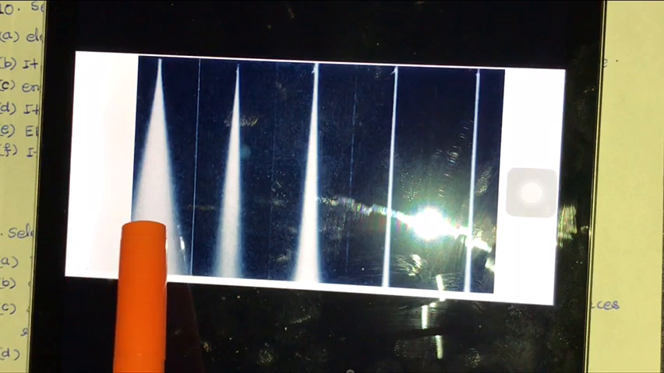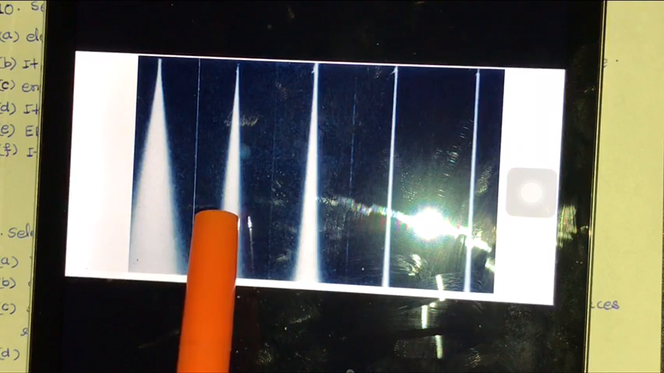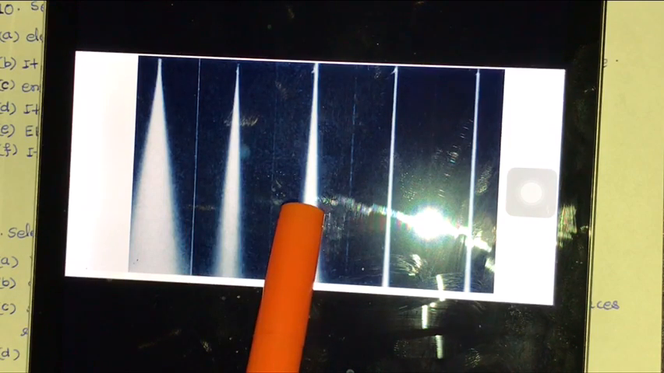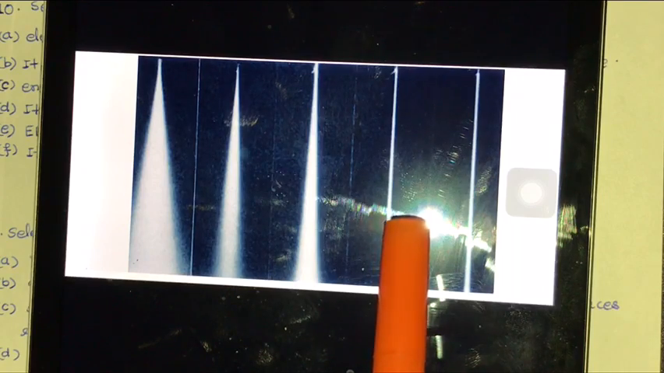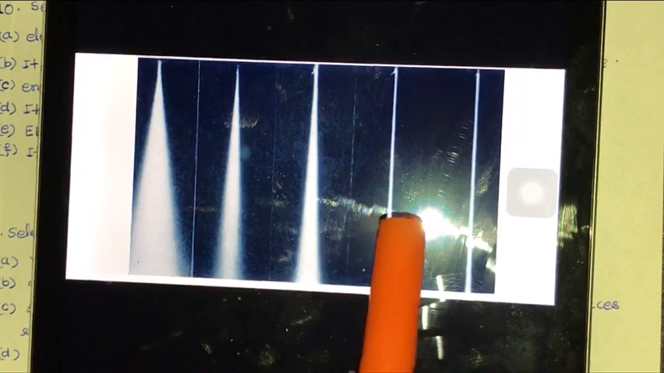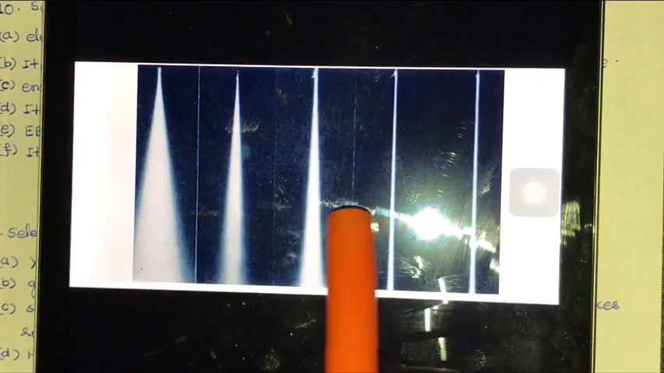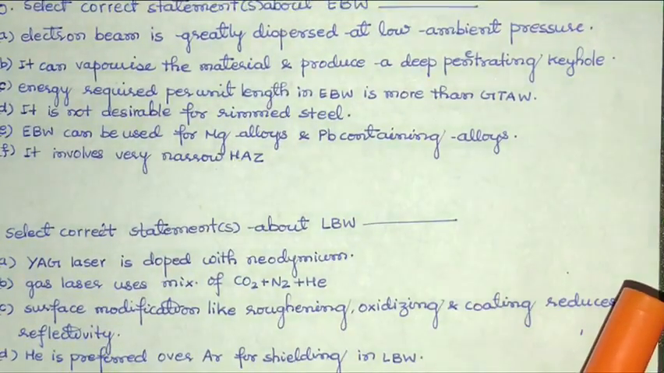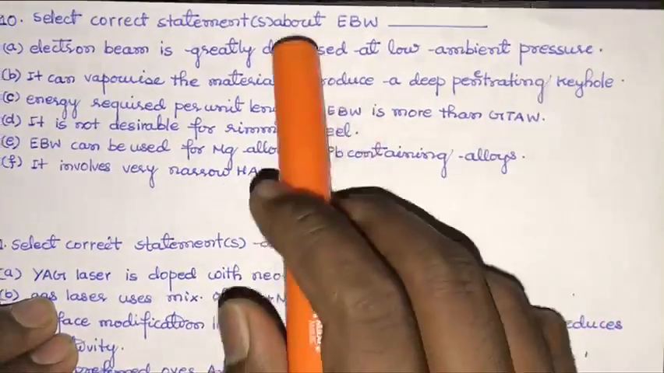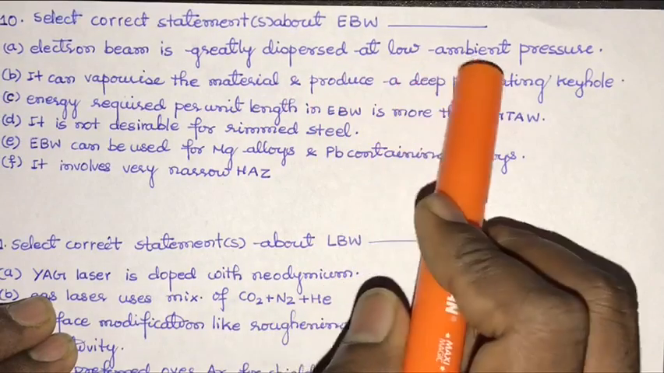these are the dispersions of the electron beam at different pressures. The first is at 750 torr pressure, this is at 500 torr, this is at 250 torr, this is at 50 torr, and this is at 5 torr. So we see that as we decrease the pressure, the dispersion of the electron beam decreases. Okay, so the statement that the electron beam is greatly dispersed at low ambient pressure